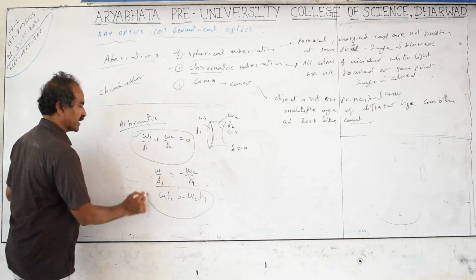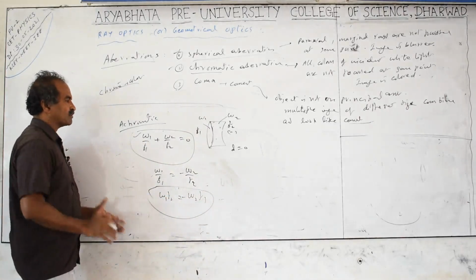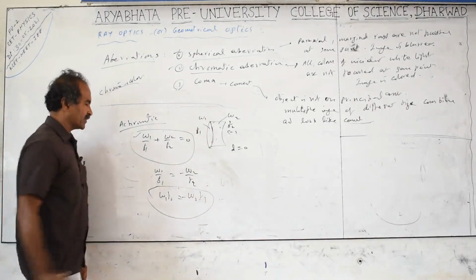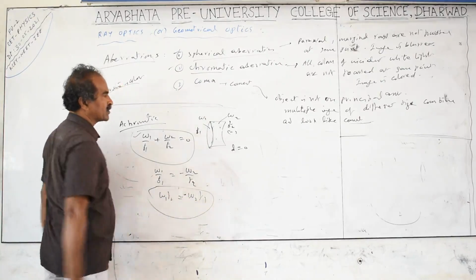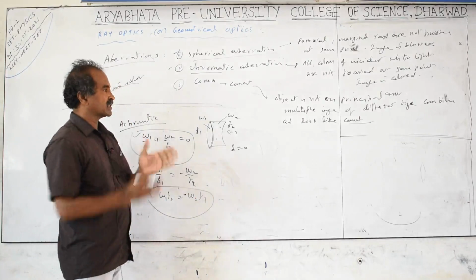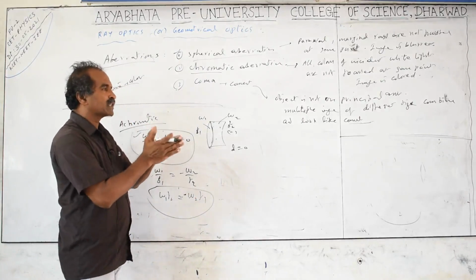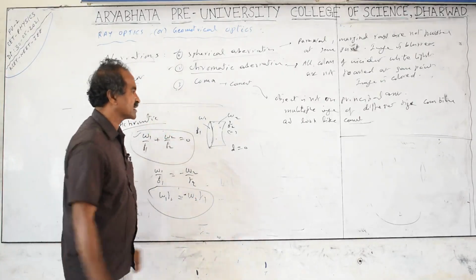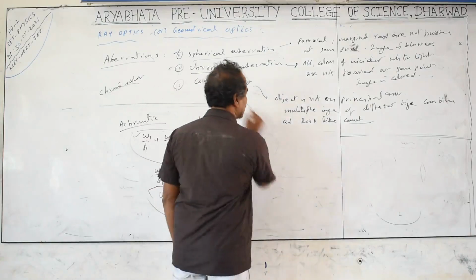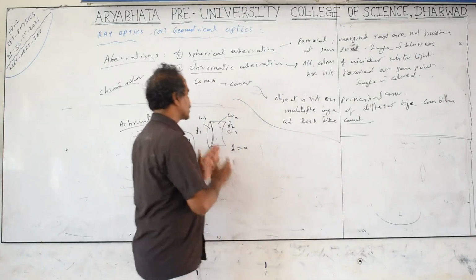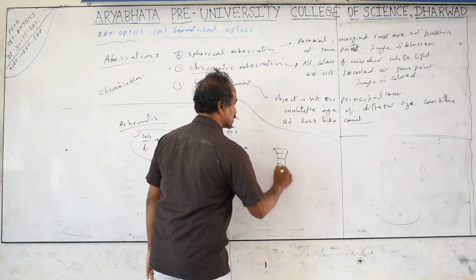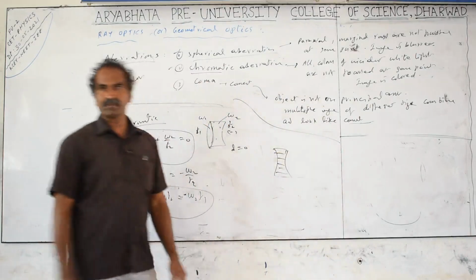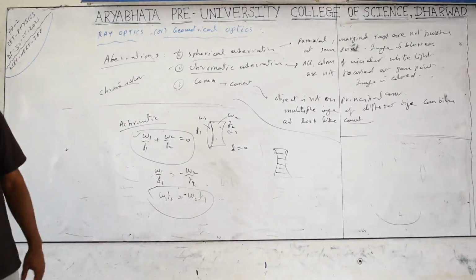They may ask like this or like this. They don't give problems with values, only the formula they will ask you. And concave lens means the focal length is minus, and minus of minus becomes plus. Omega is the dispersive power. The ability to separate the colors is called dispersive power. Already we have discussed this dispersive power for the prism. So a lens is taken as a combination of multiple prisms. Even a concave lens can be cut into small portions. Each one is like a prism that acts to separate the colors based on the refractive index of the wavelengths.